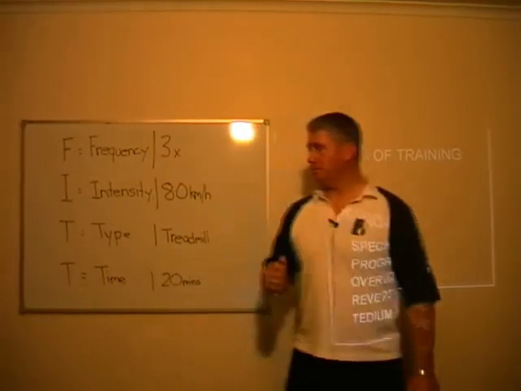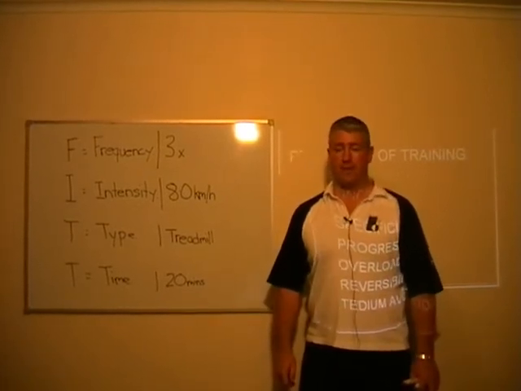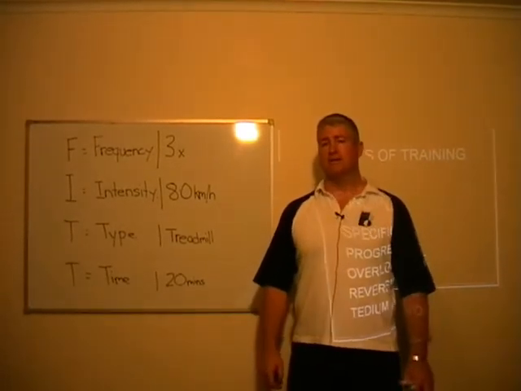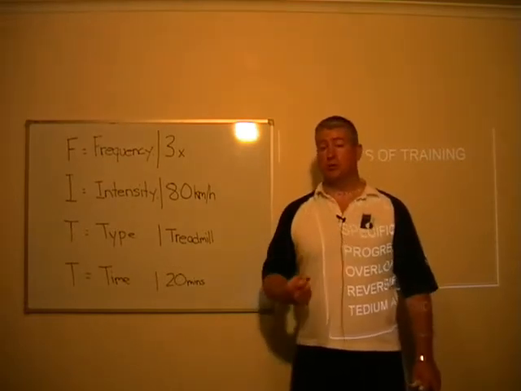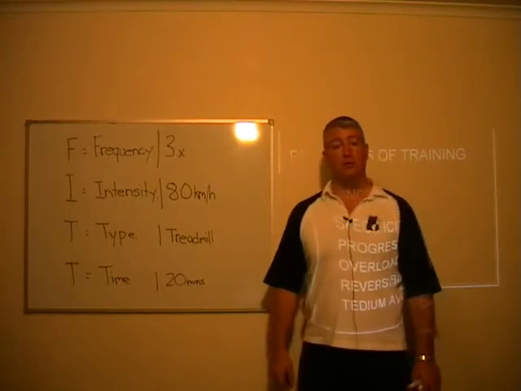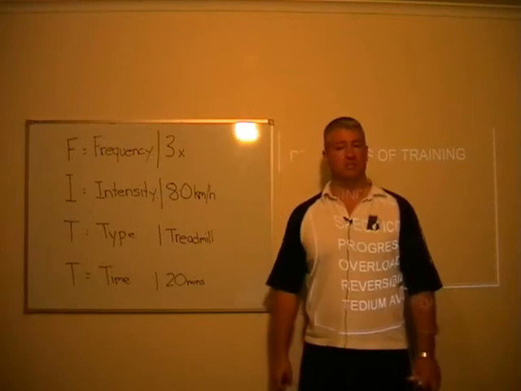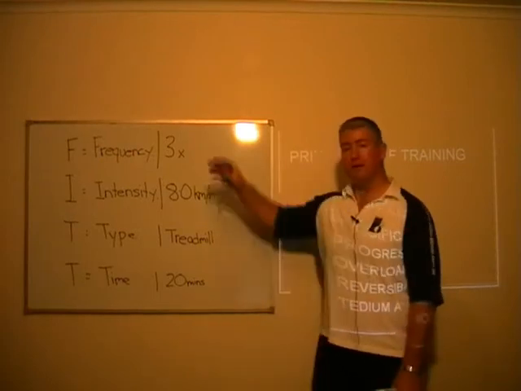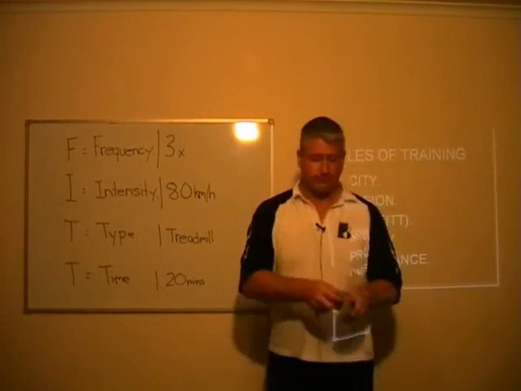Now, as we've mentioned before, this person will make some fantastic progress in the first 6 weeks of their program. However, their rate of progression will start to taper off, which is a natural effect. But also, to ensure continual improvement and continual progression, we need to challenge the body in a way that it has not yet been challenged. We need to apply a progressive overload. And we've got 4 variables that we can manipulate to apply that progressive overload.